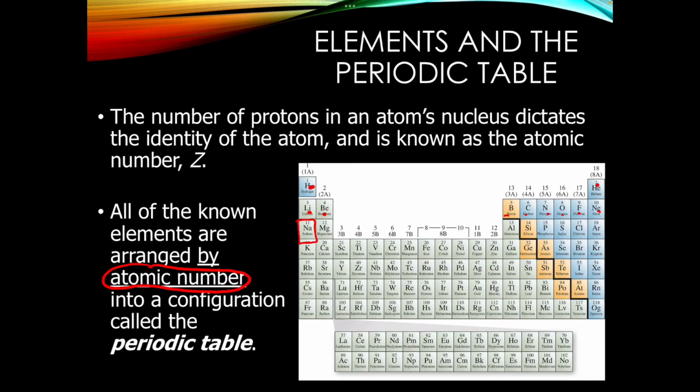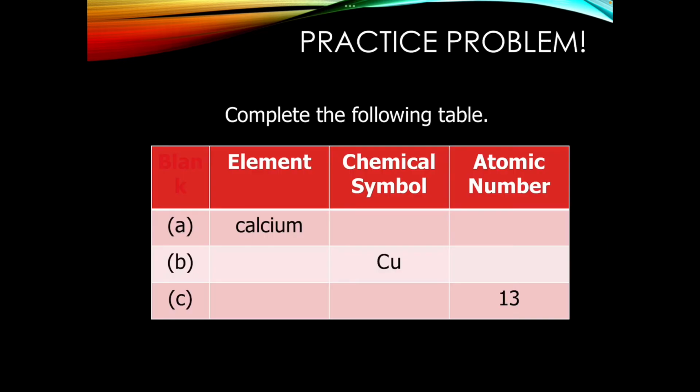A lot of times the mass kind of increases as well, but there are some exceptions to this. It might be fun for you to check out your periodic table and see if you can find any exceptions to this rule. It is actually a question on one of our labs that will be coming up shortly as well. So they're arranged in order of increasing atomic number.